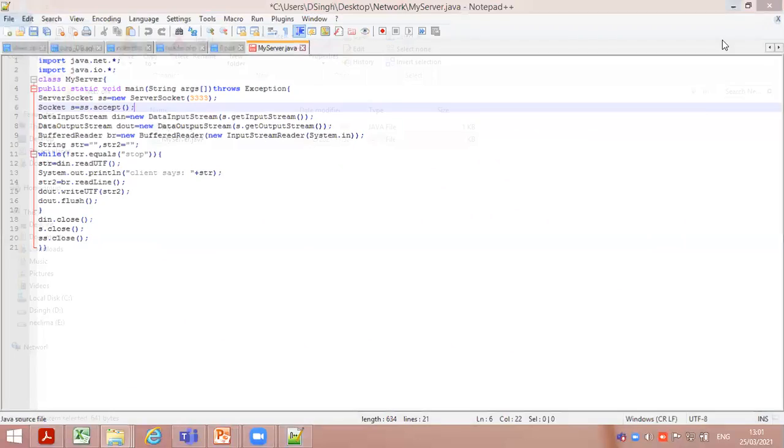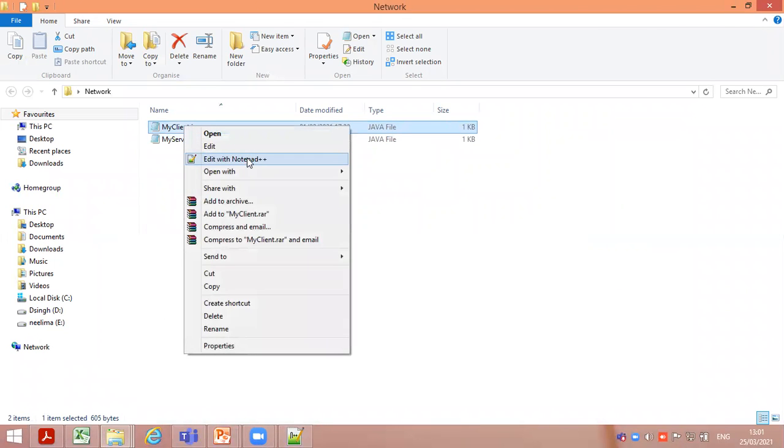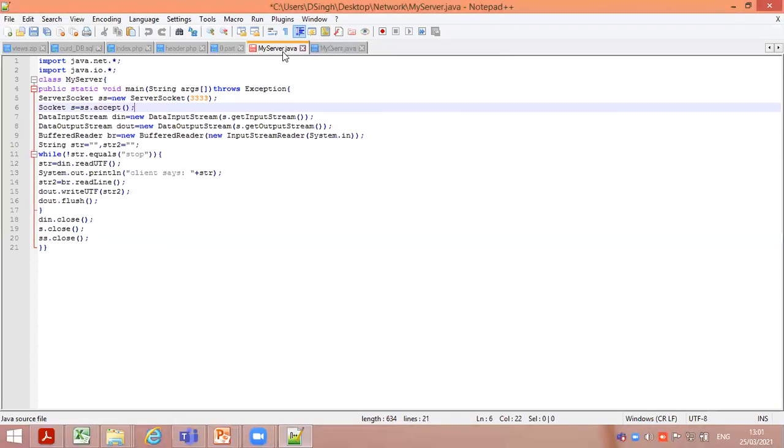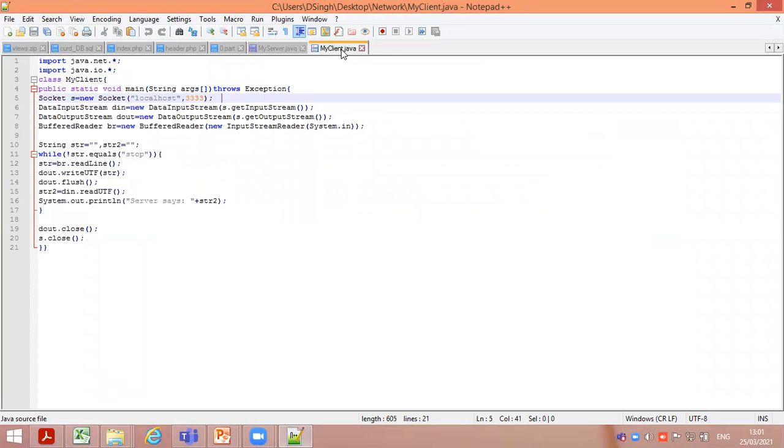The second file is the client. In this file basically everything is the same, only the socket line changes, which requires the IP address. It was not required in the previous code. If you check both codes, you will observe they are the same, with only some lines changed. The read and write operations are the same as used previously. I hope you understand both codes, and after that we will start the actual execution.